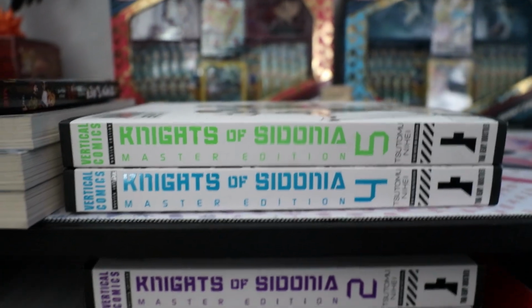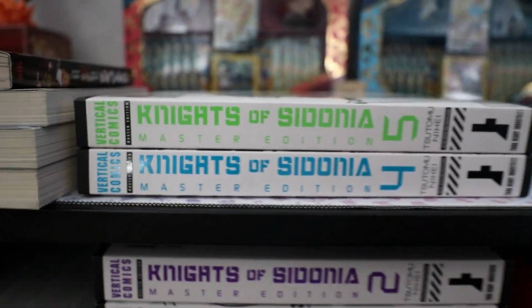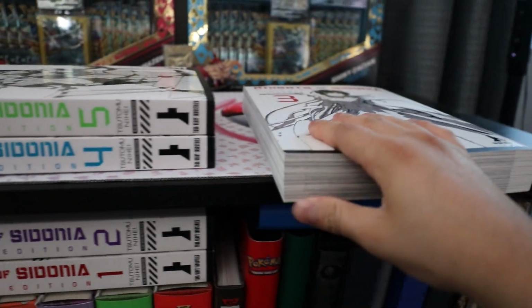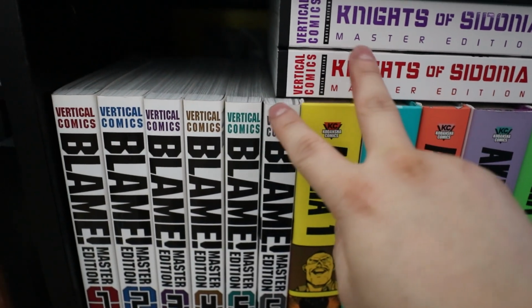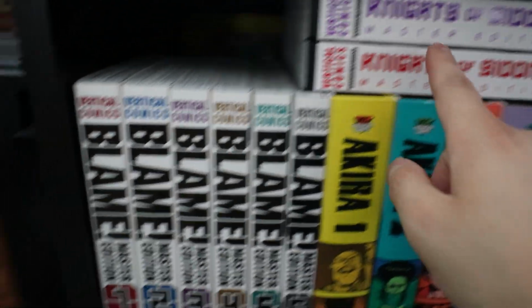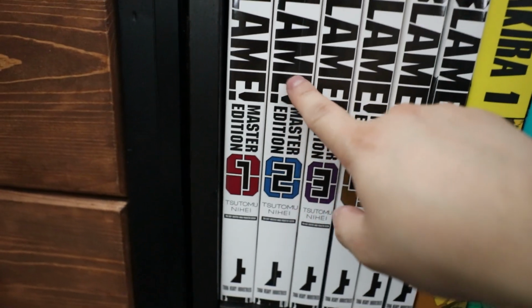And right next to that, because I still need to do some reorganizing to fit everything, I have Knights of Sidonia 4 and 5, 1 and 2. And then I just realized I had 3 right behind me because this is the one I'm currently reading right now. I usually have that one propped up on an acrylic stand. Yeah, honestly, if you were to ask me what I prefer, Blame or Knights of Sidonia, so far, Knights of Sidonia. But yes, going on to this, we also have Blame, also by Tsutomu Nihei,